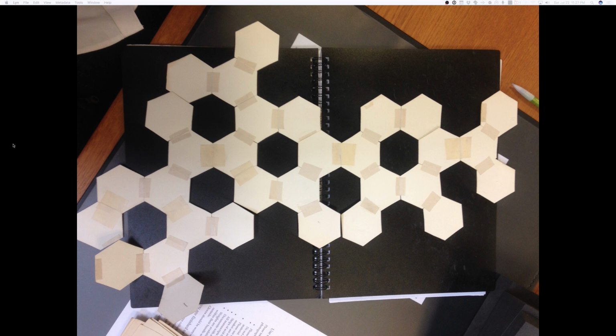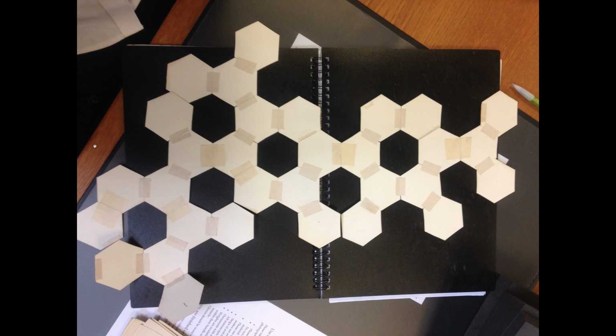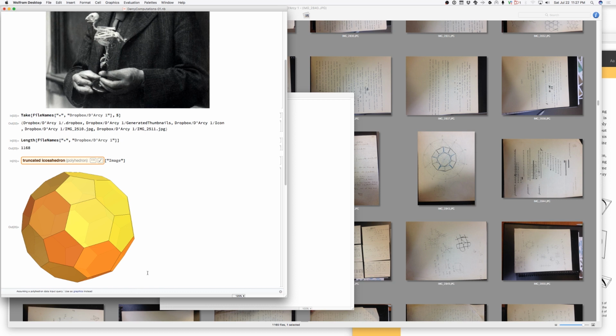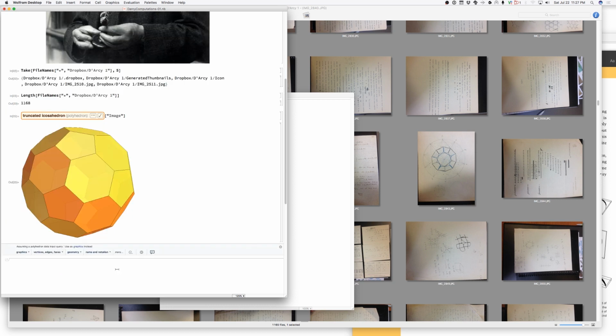So let me see. Now we have somewhere here. Let's go back there. So he seemed to have 31 hexagons,